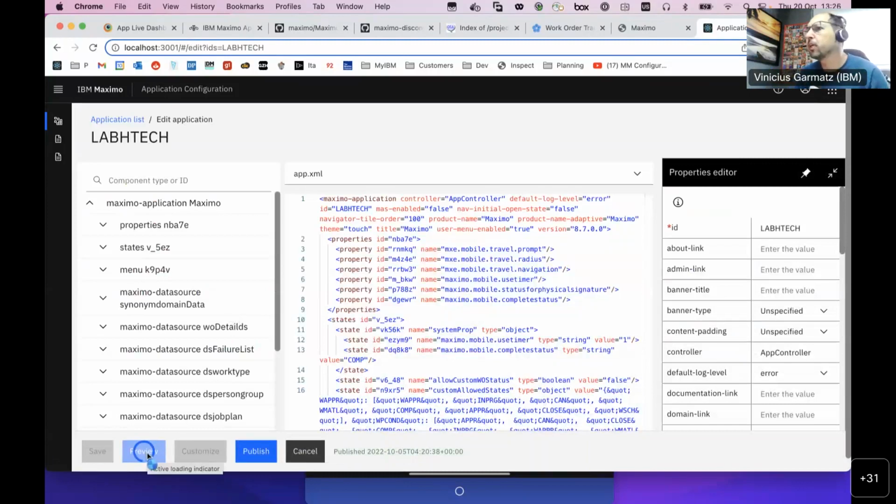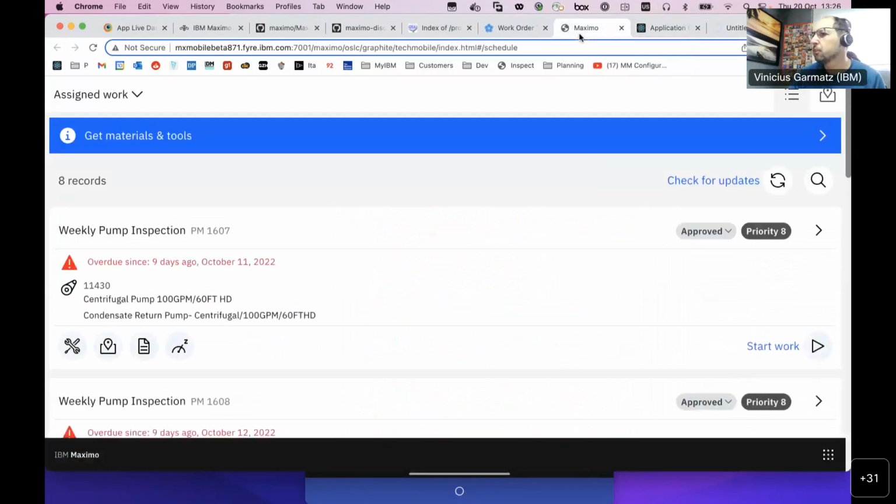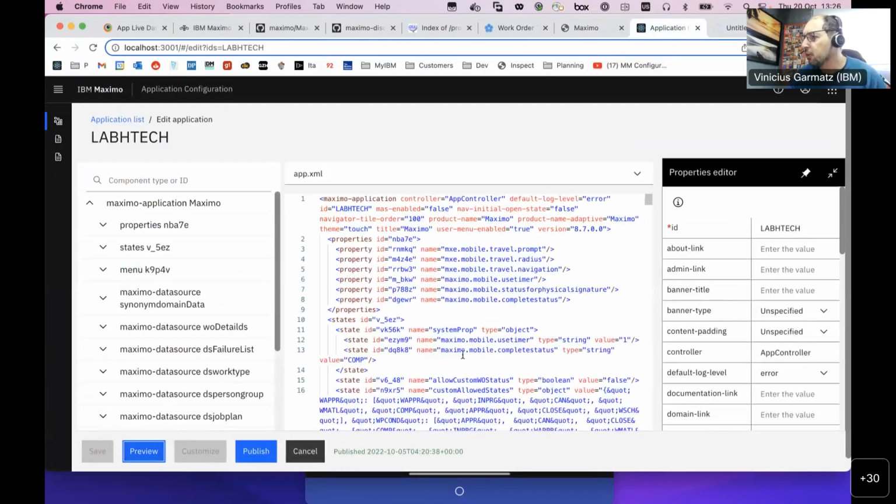Preview. Preview would give me the ability to see these applications really running in a browser. So if I hit preview here, it will create a version of this application and it will display to me as a web version. So the same thing that I was seeing inside mobile, I'm seeing here from the web side, and I can use these as a runtime here to test the configurations that I did to see how they look. So this might take a while here, 2-3 minutes to complete, but really going through that flow,